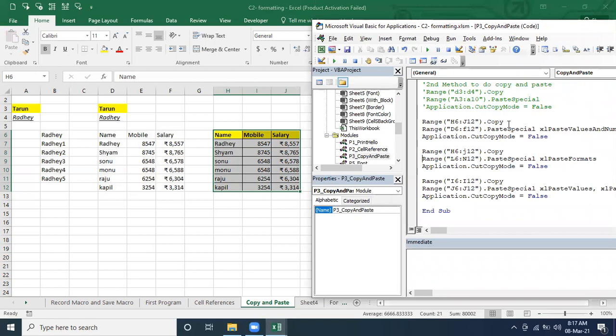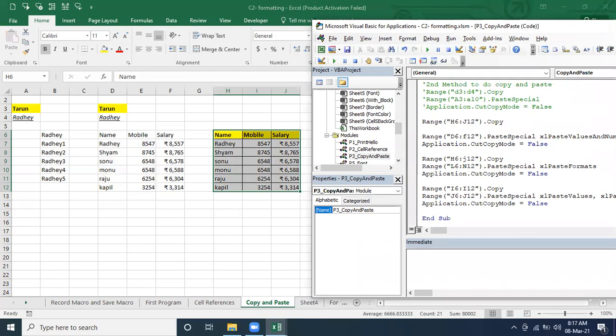What do we have to do? First we have to copy, and after the copy, we have to define a sheet. After that, we are going to identify in which sheet we want to work. So we have to define the sheet. To define the sheet, we have a worksheet. Which worksheet? What is the name of it?